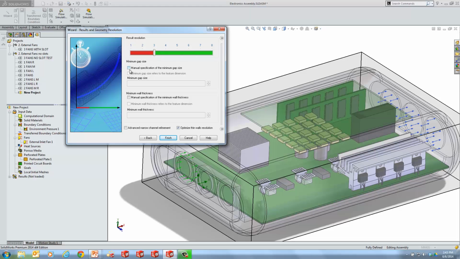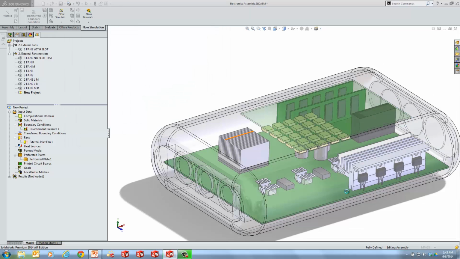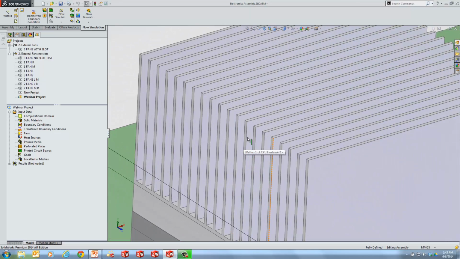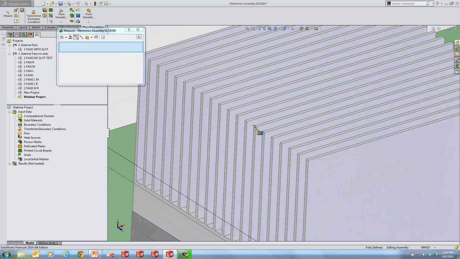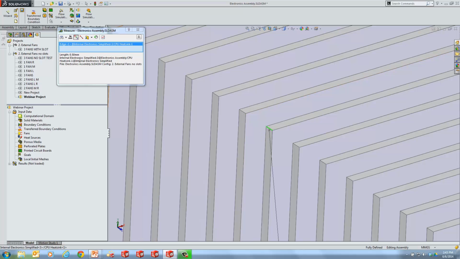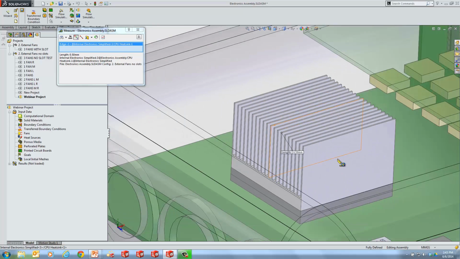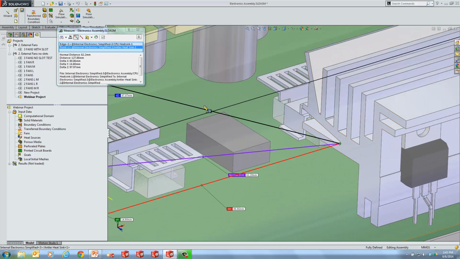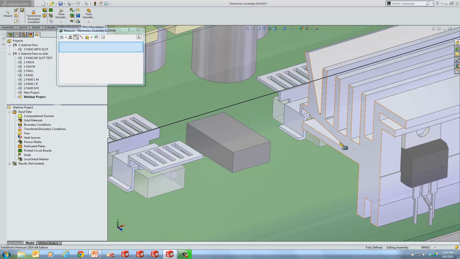You can also specify minimum gap thicknesses or sizes. So I can say the minimum gap size is, based on the size of the model. If I just zoom in and look at some of these really small components in here, I can measure this and say we're looking at 0.5 millimeters as the minimum wall thickness, and then gap size, maybe in this area is the smallest gap. Let's clear that out and do,